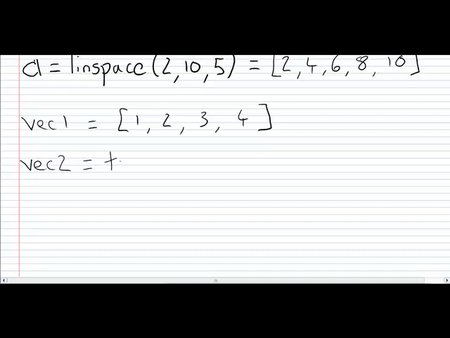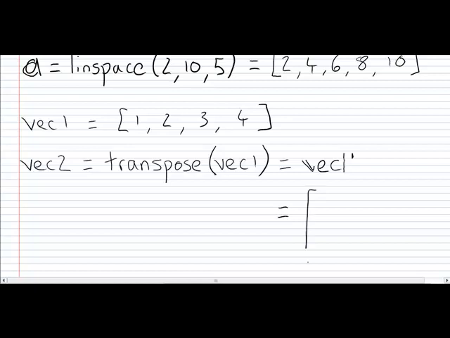We can simply use the explicit transpose function, so you'd write transpose of vec1, or there's a shorter version which does exactly the same thing, where you would type vec1 and then a little apostrophe, and both of those would create for you the column vector 1, 2, 3,